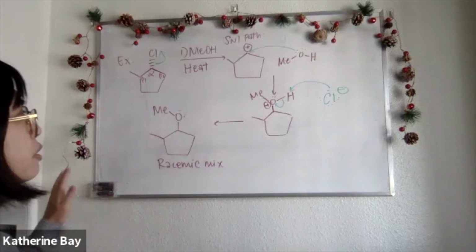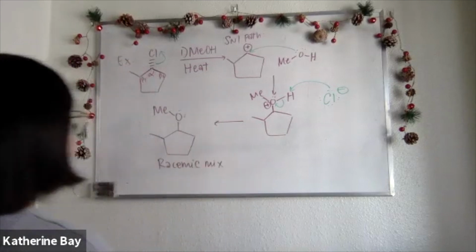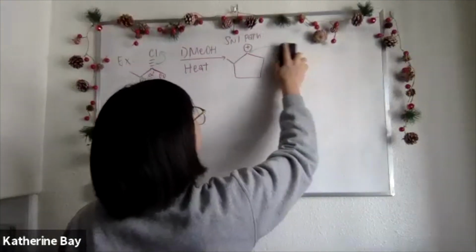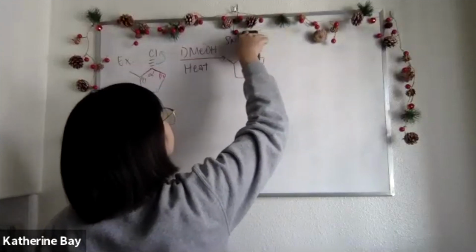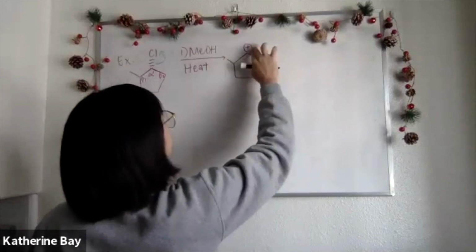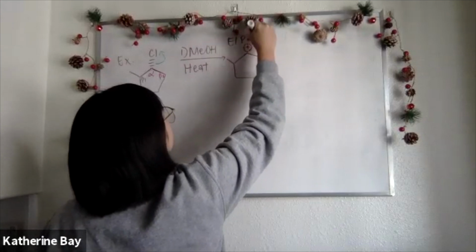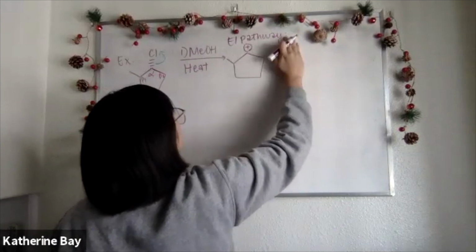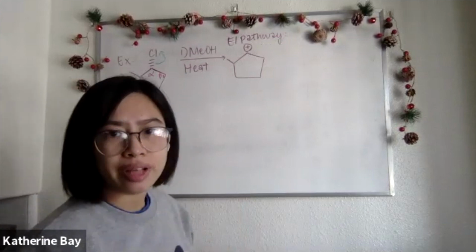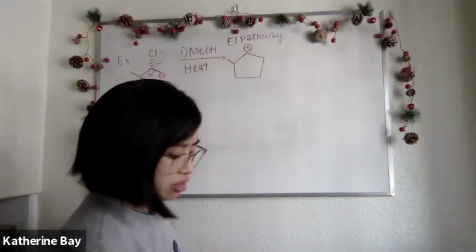this reaction. So now let's go back to our carbocation intermediate and discuss what the E1 pathway would look like. Okay, so if we're taking a look at the E1 pathway, now we're going to use methanol as a weak base. So we have to take a look at each side of the carbocation, because remember, this